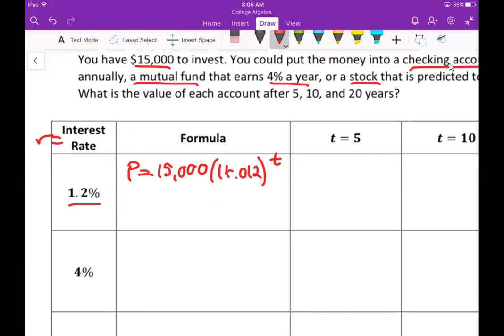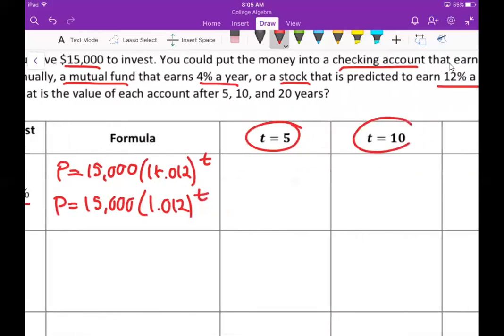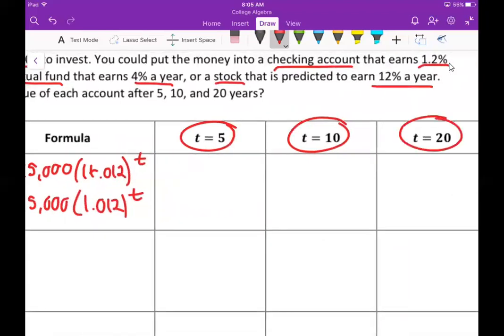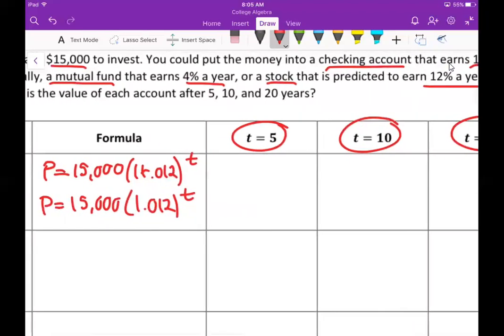Okay, so as you're plugging this into your calculator, the easier thing to do is to simplify this a little bit. That's 15,000 times 1.012, and then just take that to the 5th power, to the 10th power, and then to the 20th power. So this will be good practice for you in your calculator as well. Okay. So make sure you pause and try that, and make sure you get the same numbers. I'm going to go ahead and round to the nearest cent since we're talking about money, so to the nearest hundredth. So if you plug in a t value of 5 for the 1.2% account, you'll see that after 5 years, you'll have